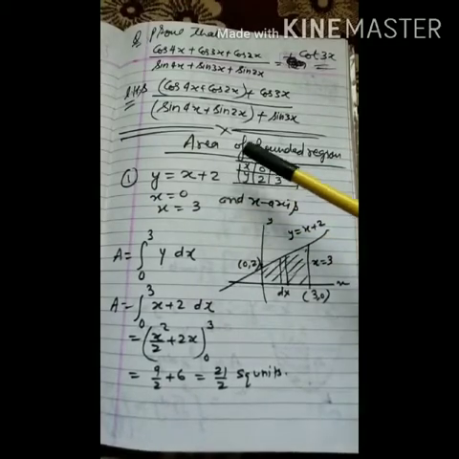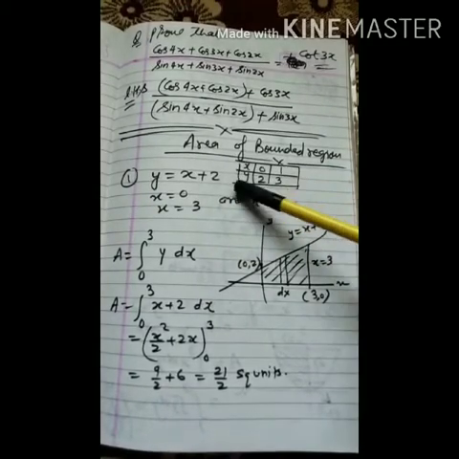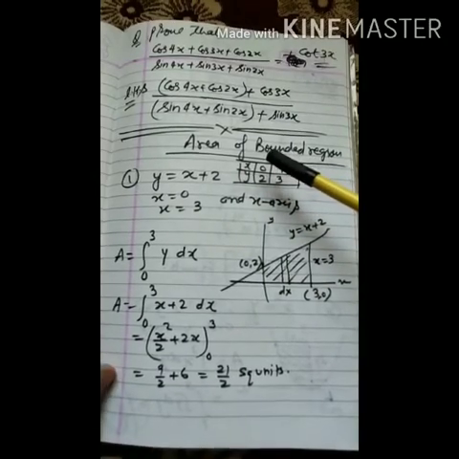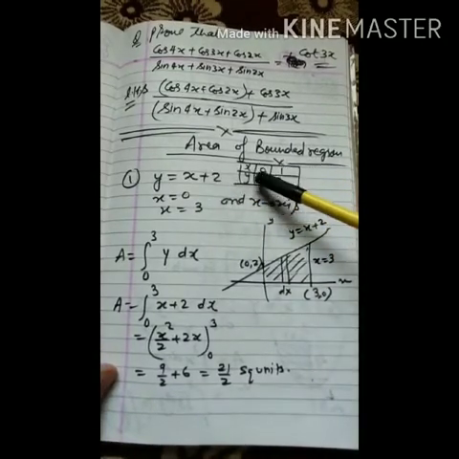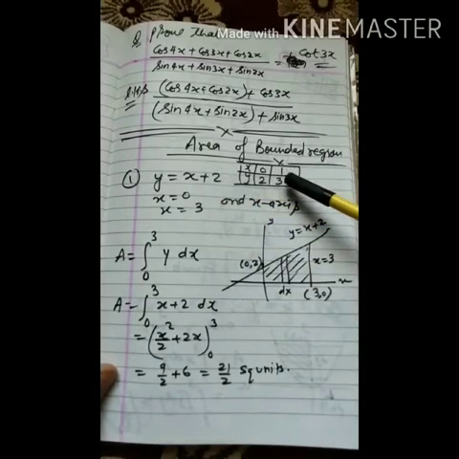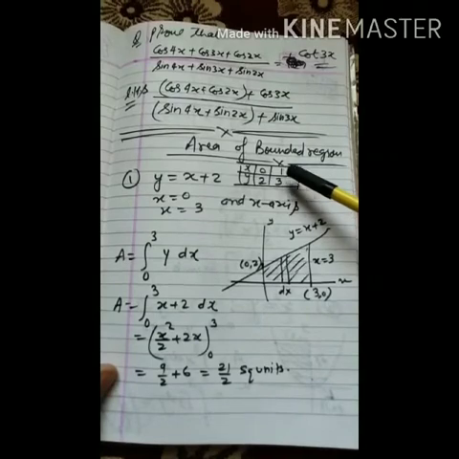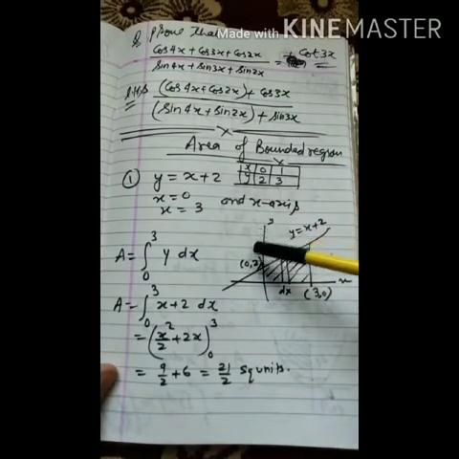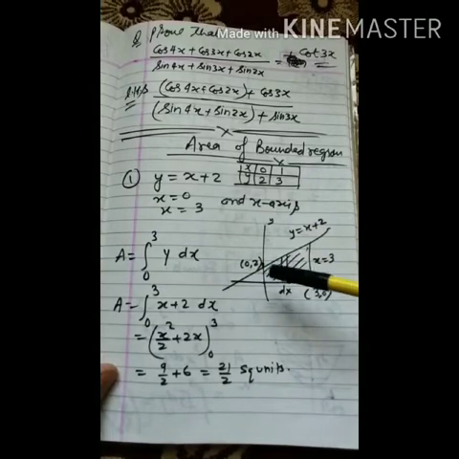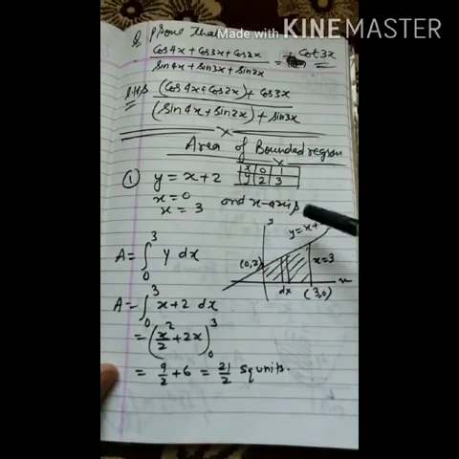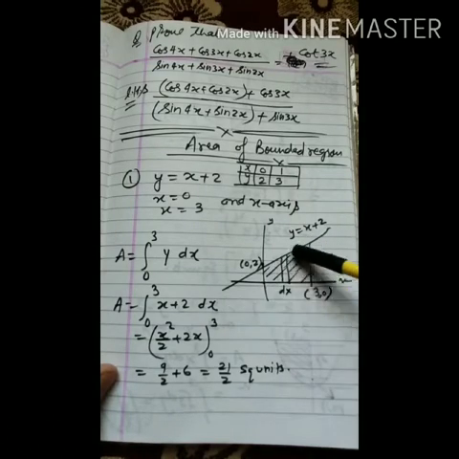So draw the table. To plot the line we have to draw a table. So put x equal to 0, you will get y as 2. Put x equal to 1, you will get y as 3. So 2 points are sufficient to plot a line. Now plot this line in the graph, y-axis, x-axis, and 0, 2. Here it is 0, 2, and 1, 3. So here will be 1, 3. Now this is the required line.